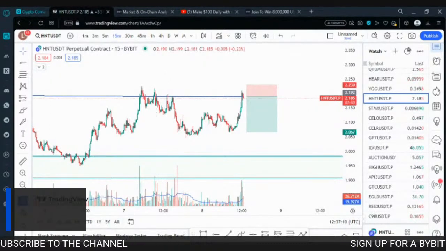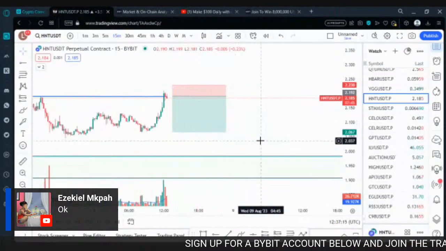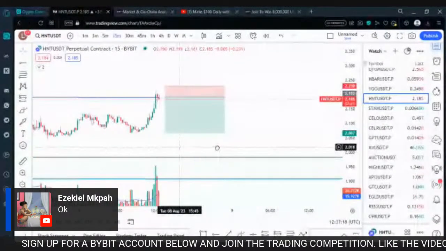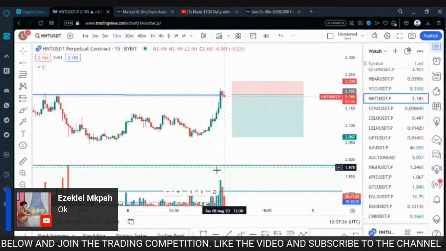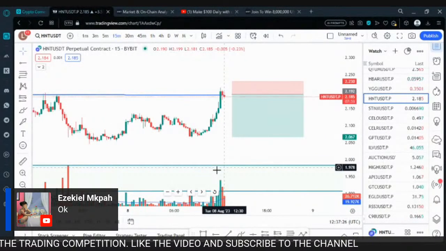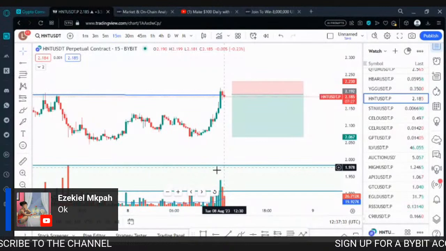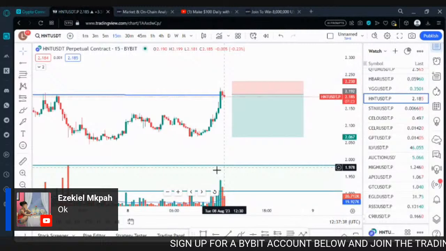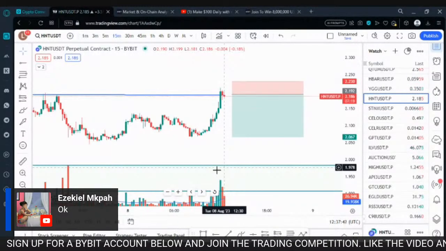Any other token you want me to look at right now? For HNT, let's see how that plays out. Yeah, it's running 3% in profit already. Remember, we are not expecting to make 100% in one trade. We can make like 2, 3, 4, 5, 10% and then take like 2, 3, 4, 5, 10 trades. So if per trade you are making like $10, and you make like 10 trades,